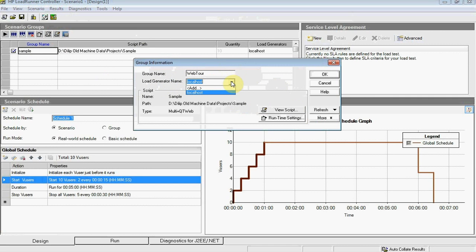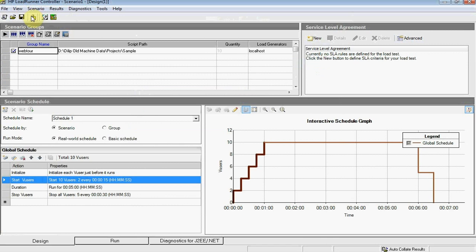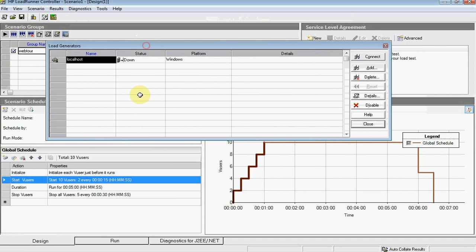Now from here we have to select our LoadRunner machine. So first of all we have to add it. Either we can add it from here or we can navigate to this button called LoadRunner. Just click on this. So from here we can add a LoadRunner machine. This is localhost, which is nothing but the controller itself. Sometimes we can run the test using the controller itself as a LoadRunner machine, but that is generally not recommended. So in this case I am disabling this